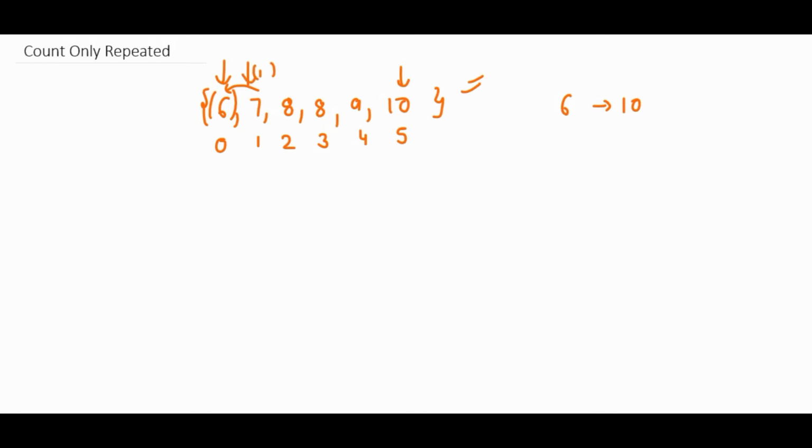Then when I come on 7, I'll see if 8 minus 7 is 1 or 0. It is 1 again, so I'll move forward. Now when I come to the second index, I'll see if array of 3 minus array of 2 is 1 or 0. Here it is 0. That means we have found our element which is repeating, which is 8. One of the answers is array of 2.